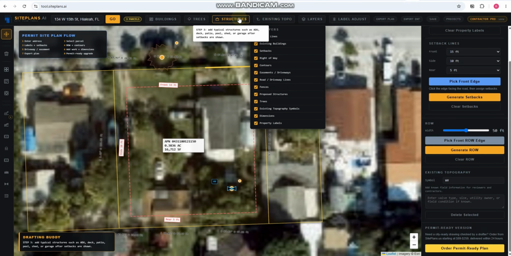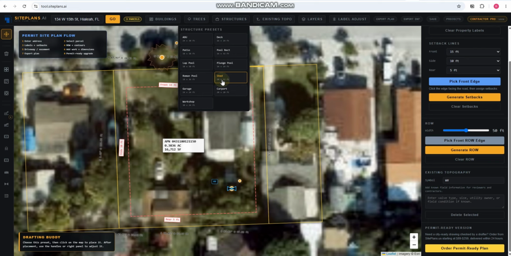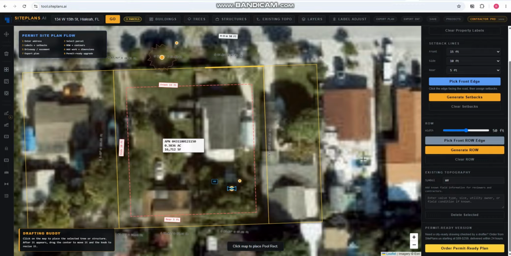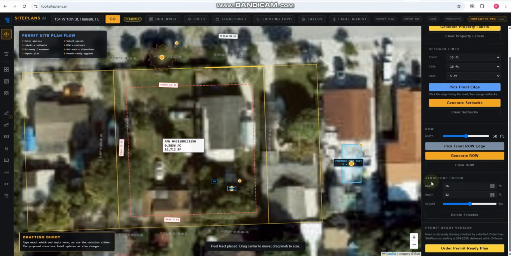And then you're gonna add the structures. Let's say you're going to build a pool. You're a pool contractor. A rectangular pool. Now here you can rotate. You can rotate it and then adjust the size of the pool